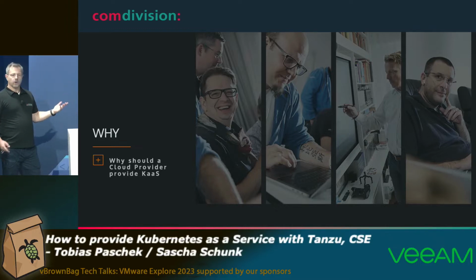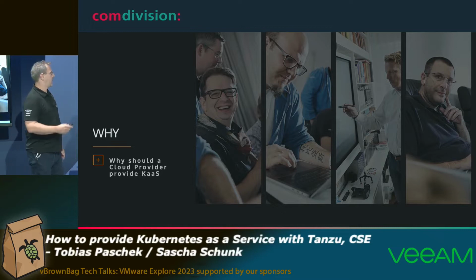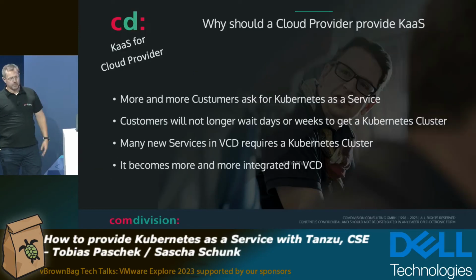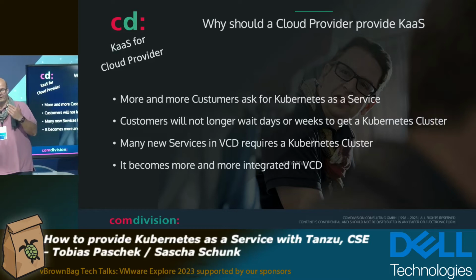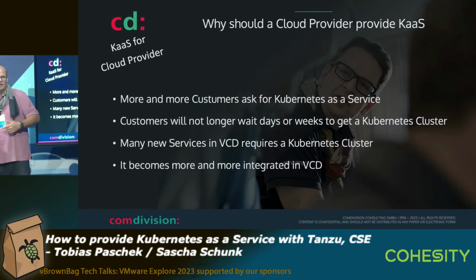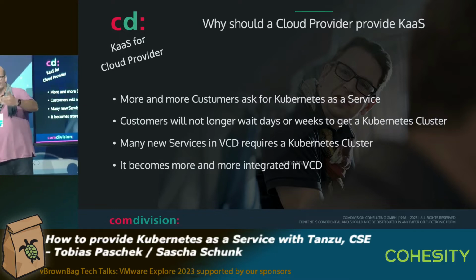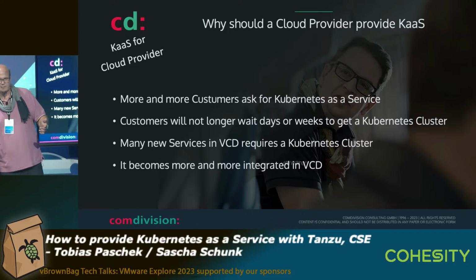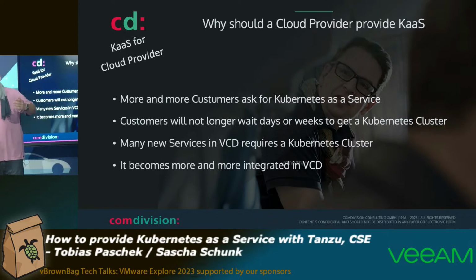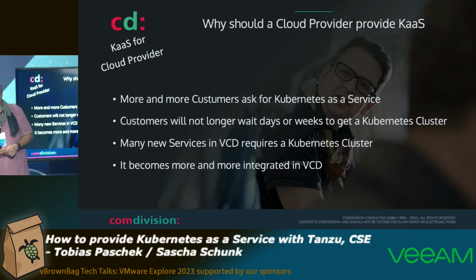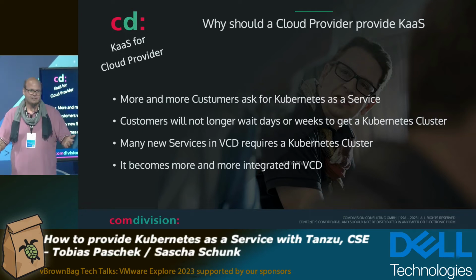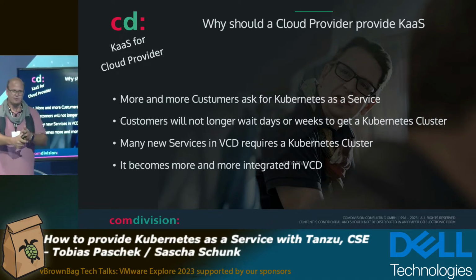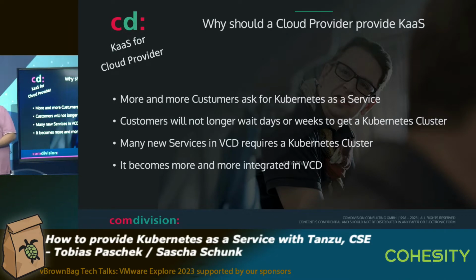So at the end, why should a cloud provider do KaaS? Thanks, Reinhard. It's a good question. More and more customers are asking for Kubernetes services. From a cloud provider perspective, there are two options: we offer it self-provisioned, directly from a VCD perspective, or you tell your customer, just go to AWS, Azure, or GCP. Maybe the second option is not the best way, because if the customer figures out how easy it is to provide Kubernetes on GCP, AWS, or wherever, what do they still need their cloud provider for? They can also get VM services from GCP or AWS. So maybe we should have a deeper look at how we can offer